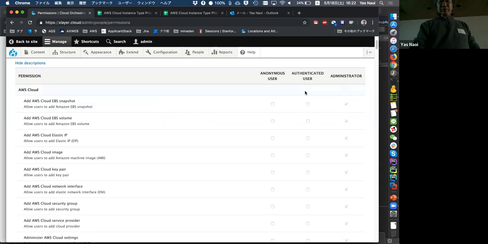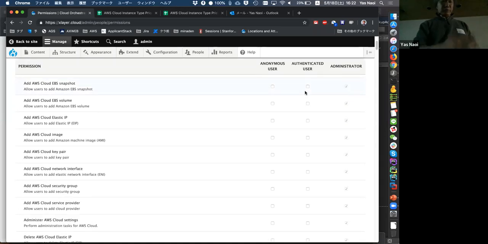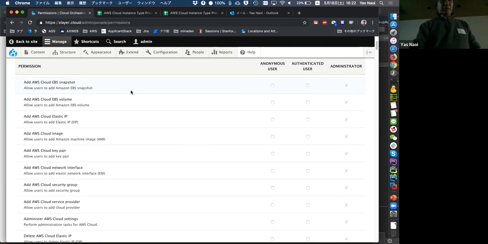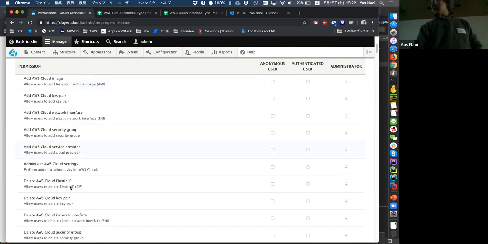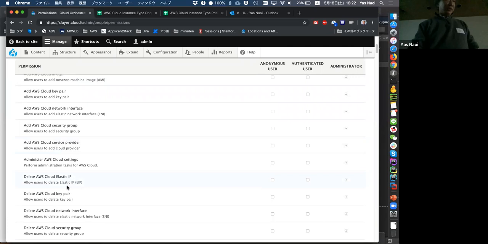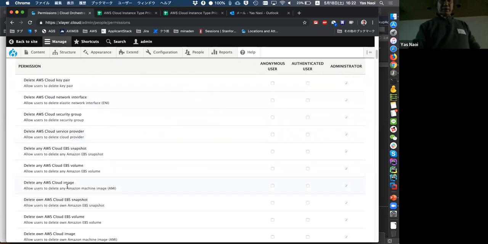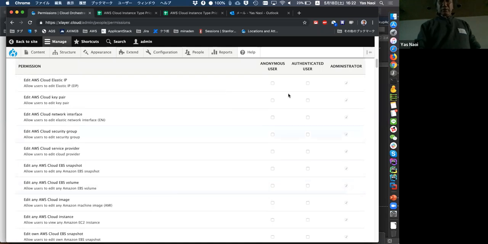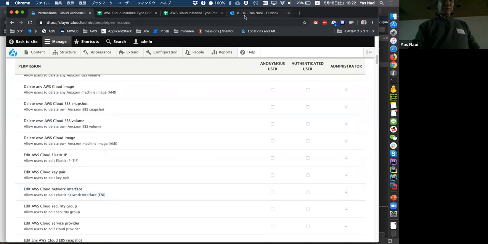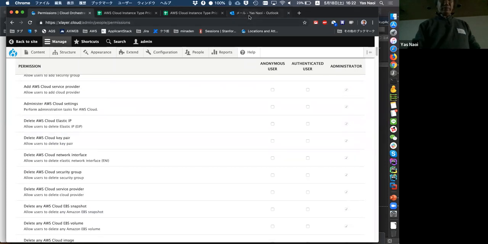As you know, in Drupal we have roles, and we have a lot of permissions for AWS, corresponding to the API level. So by controlling the role, we can assign the role to specific users, groups and teams. This is the most powerful capability in Drupal, I guess.